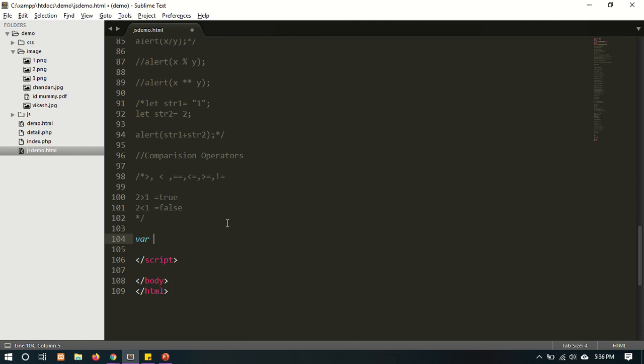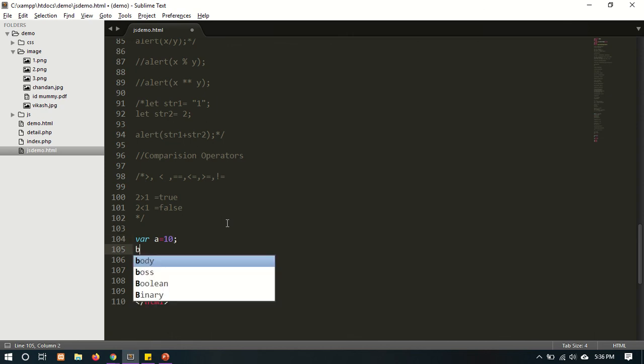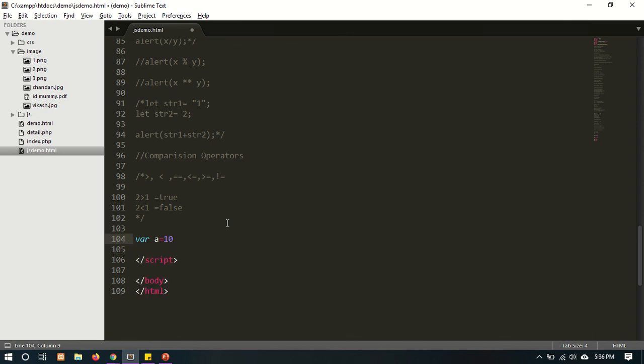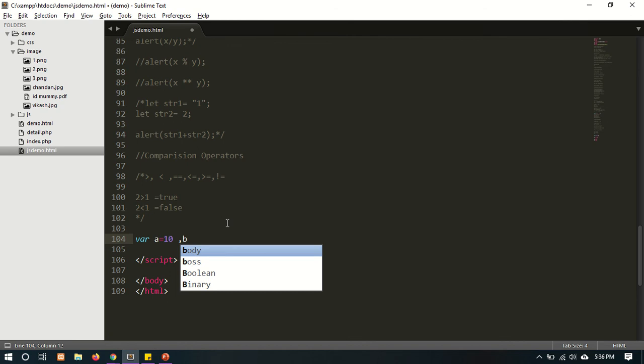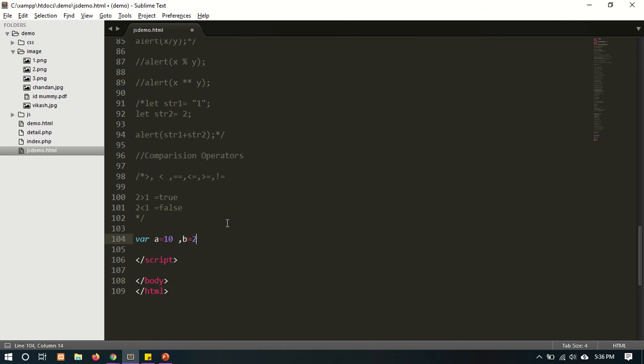Let's take an example where a is equal to 10 and b is equal to 20.